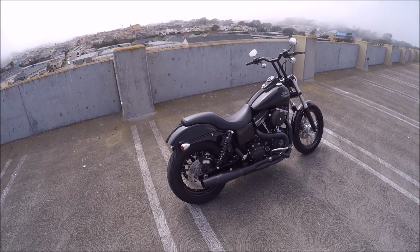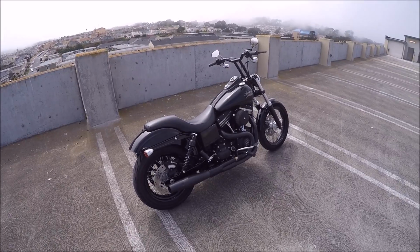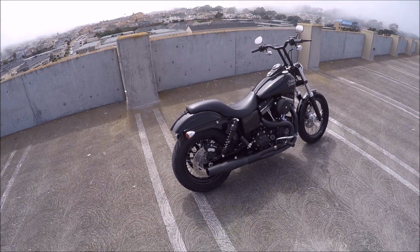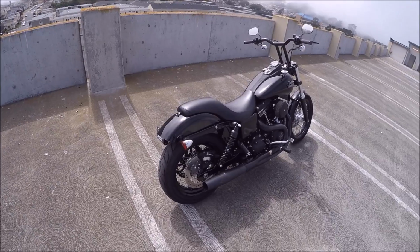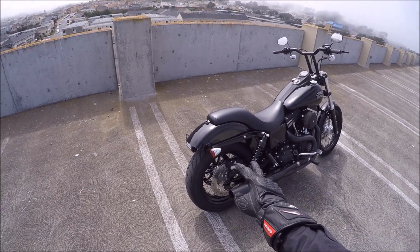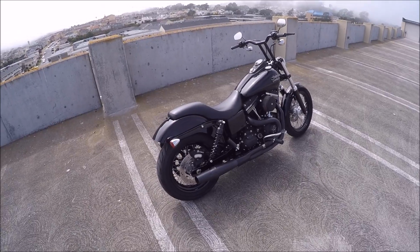So a full touring seat would be a little more plush looking, and I'm definitely gonna add a sissy bar with a rack, the one that has a built-in rack on it. Just one of those things. I'm gonna go with detachable, because if you don't need it, you can just take them all out. And with that though, if you do the detachable parts, you need to relocate your license plate and turn signal setup right here. So most people don't know that